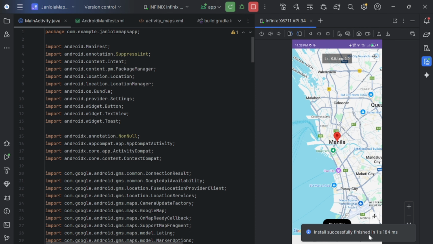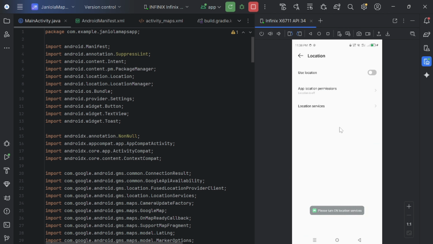And when I click my location, oh, so it asks permission first. It asks permission first before redirecting to my current location. Let's try it.